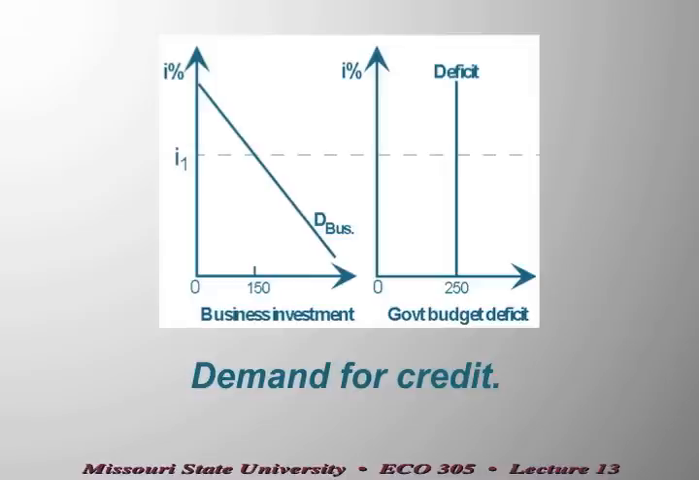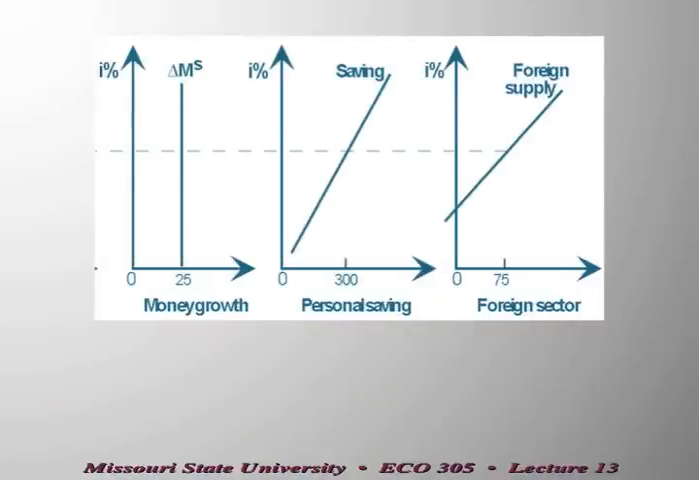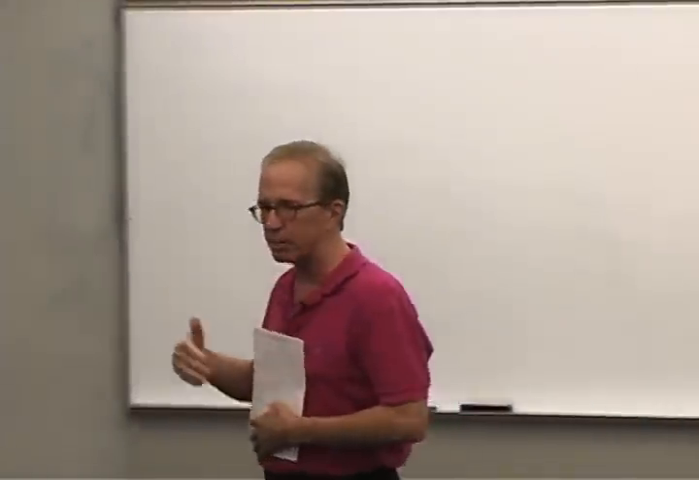Over on the right-hand side, there are three curves. There's a supply of credit by banks and the Federal Reserve, associated with the creation of money. There is a supply of credit coming from households, associated with household saving. And then there is a supply curve associated with foreigners who are lending their savings to people in the United